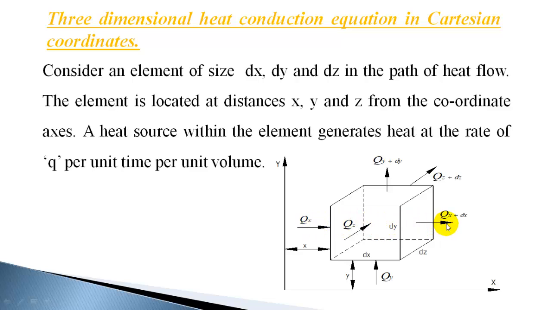But in this case the heat flow is taking place in all the three directions, so we need to consider all the three directions. Apart from that, we are also assuming a heat source within the element. So we are assuming that heat is generated within the element per unit volume. So in the entire body of this element, heat is assumed to be generated. So we are taking the most general case where heat flow is three-dimensional and heat is generated. We assume that the temperature is changing with respect to time, so even the rate of heat flow will be changing with respect to time.